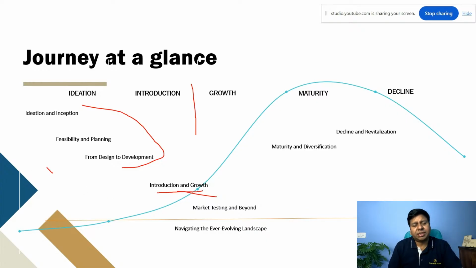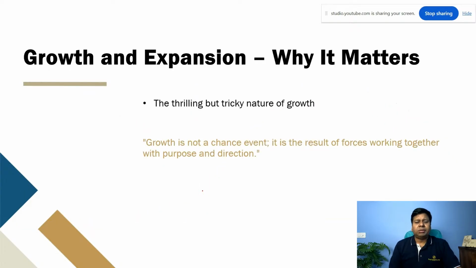And in this session, we will discuss what kind of strategy alignment and understanding is required at the growth stage, right? So why does growth matter? Why does this growth and expansion matter? See, it's thrilling. We have done the product. We have introduced our product. Now we are jumping into the growth. Let's celebrate this. But